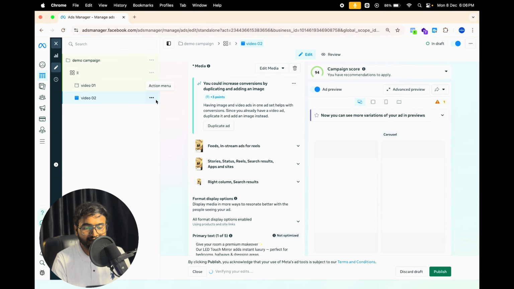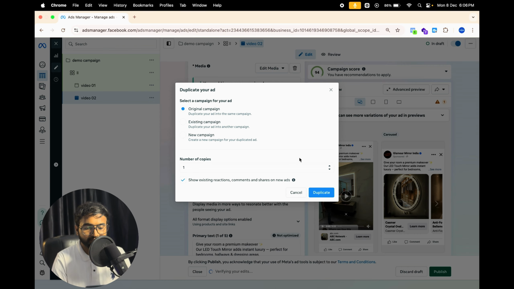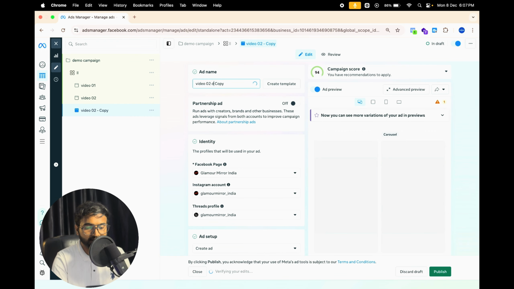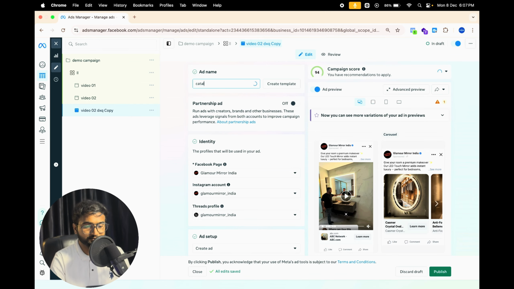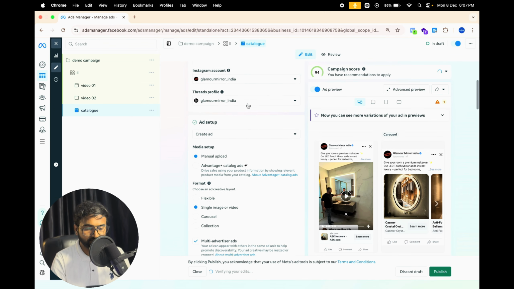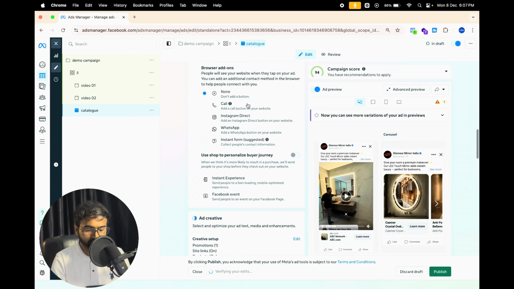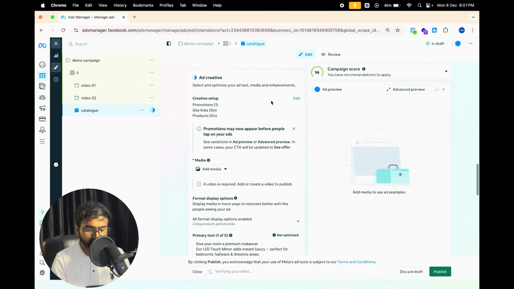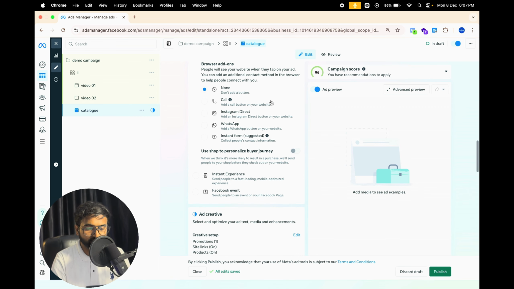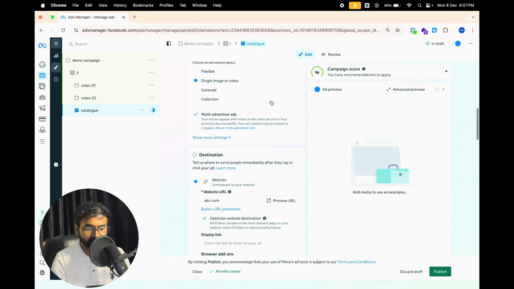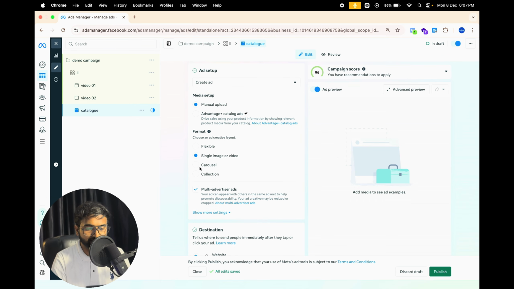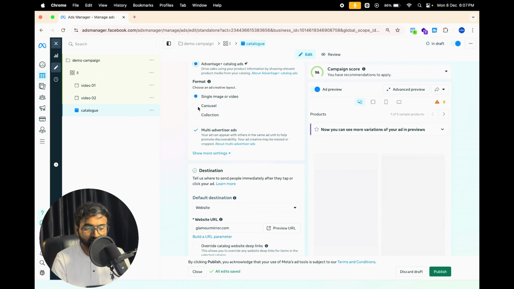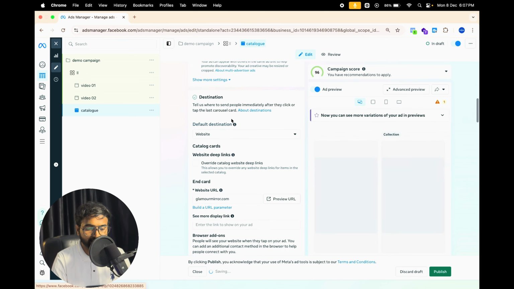So I have added the video, and third I will be adding a catalog. In order to add a catalog, you need to activate it. So from here you can simply click Advantage+ catalog ads, and from here you need to click on carousel, keep it active,